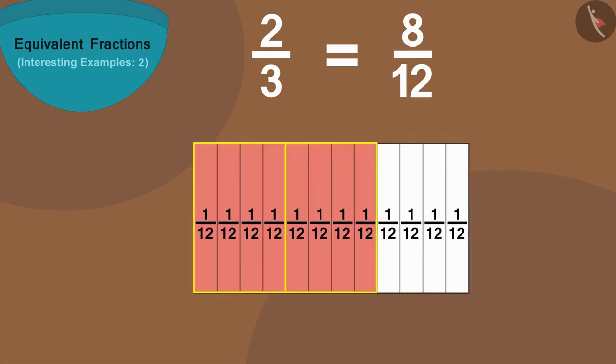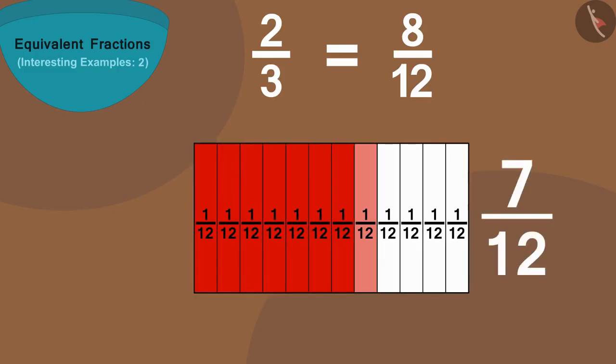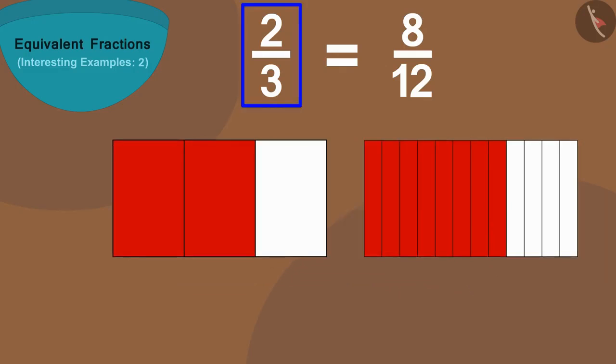And if we look closely, 8 parts of the second strip is equal to 2 colored parts of the first strip. Thus,